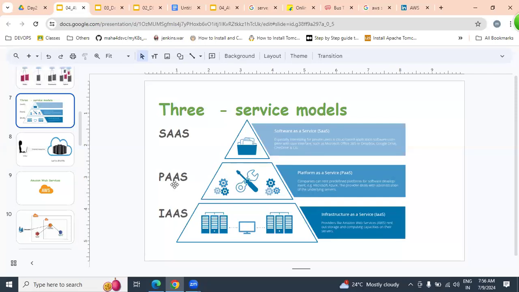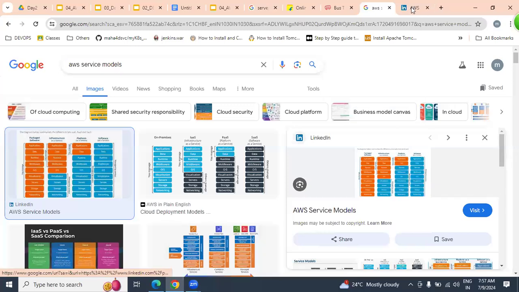Platform means which platform we can choose. Yes, .NET, we can develop a .NET application. The cloud is not responsible for that. Software as a service means everything is run by the cloud. We are not developing anything. But infrastructure as a service means we can develop our own software. We can choose our own operating system and runtime also. But the rest everything is the responsibility of the cloud.